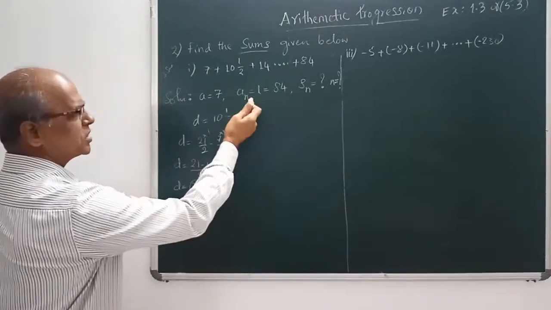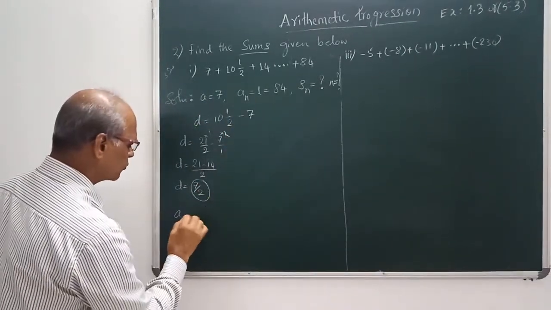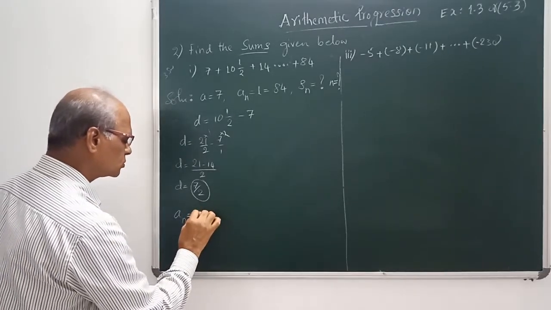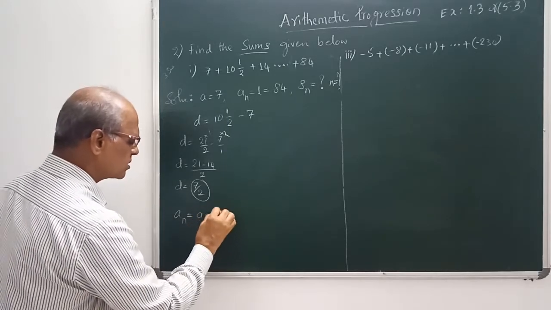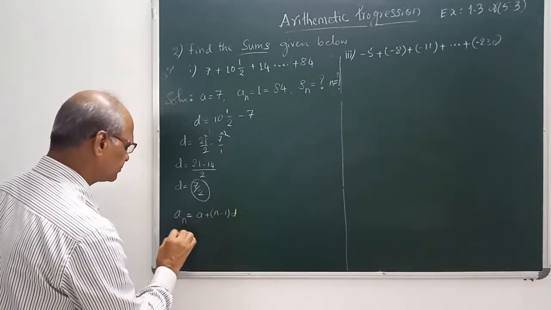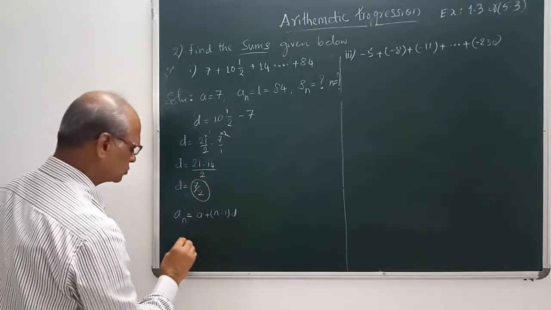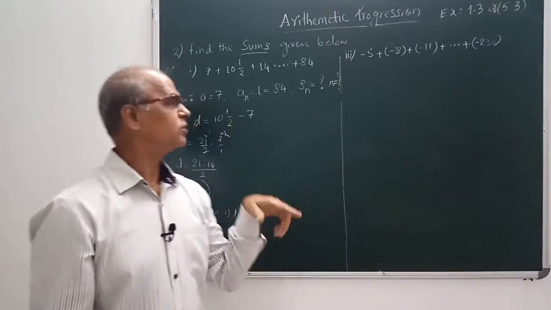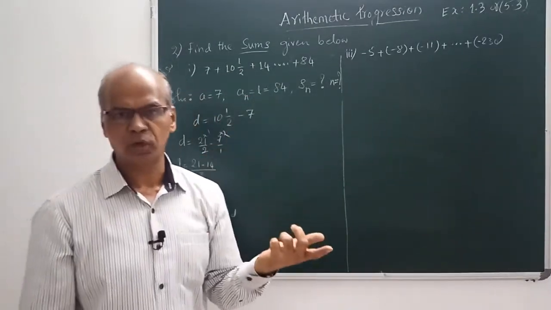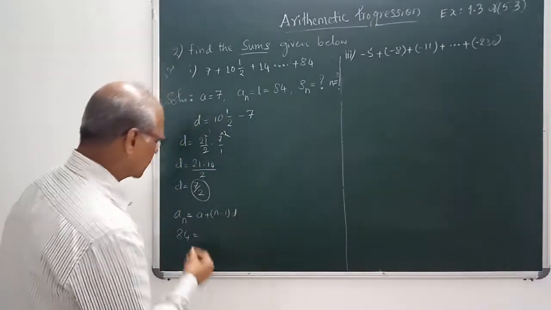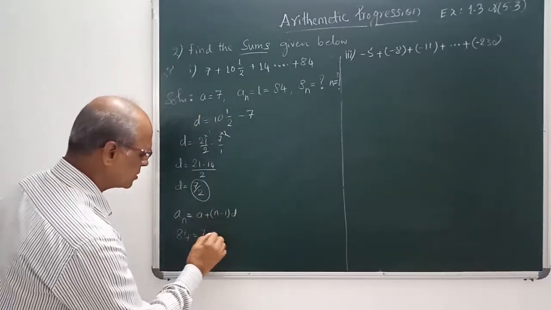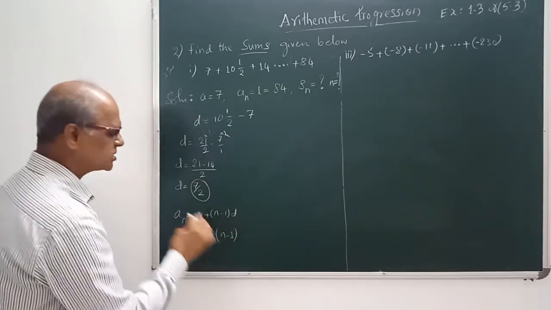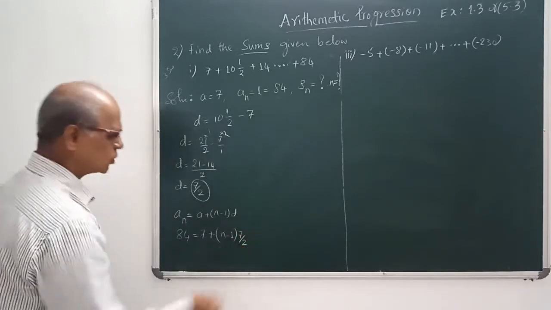Okay, now using the An formula. An is equal to, what is the An formula? A plus n minus 1 D. An is how much? 84. One more formula is there. You refer back to my first video, the list of formulas: when the last term is given, which one you have to use to find out. That also we can use. Okay, see here, A is how much? 7. Plus n, we don't know. D is 7 by 2. We have to go on simplifying this.